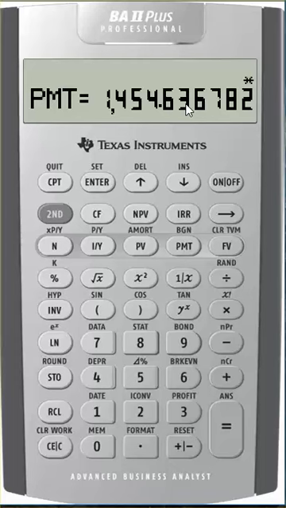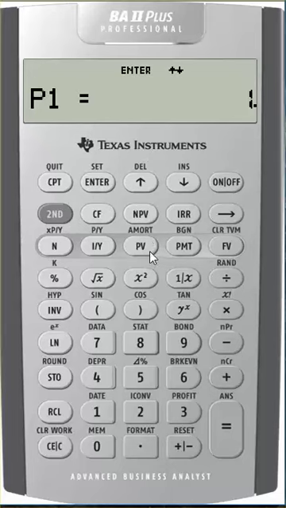The second part of the problem asked that you come up with the total interest. So from that standpoint, it's like setting up an amortization schedule from period 1 to the final period. To find out the total, we go second, amortization. Second, PV will give us amortization. And here we want to go from the first payment, scroll down, right here, scroll down. It's not 360, it's 180, so we're going to put 180